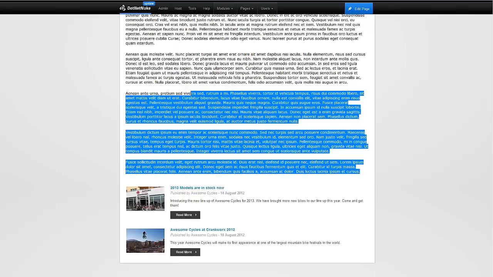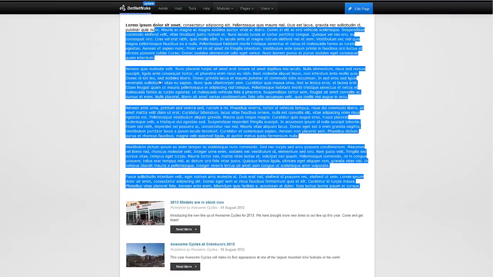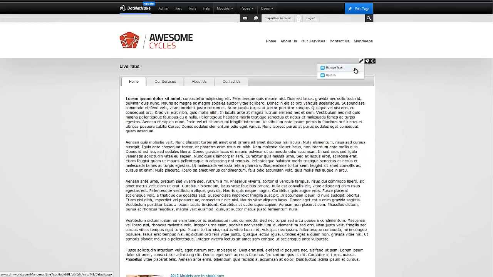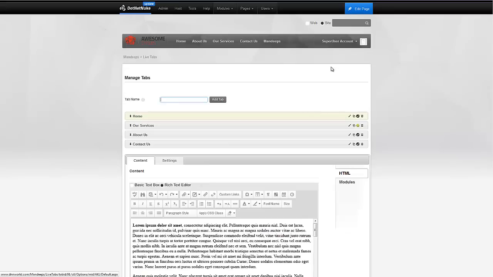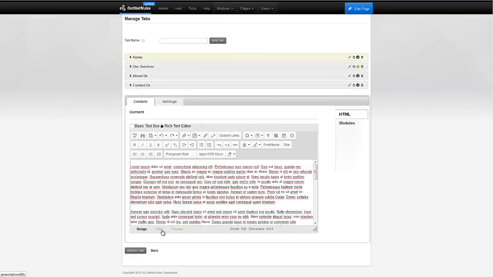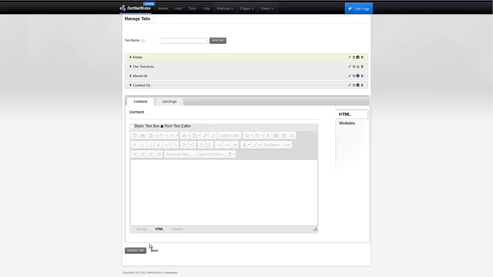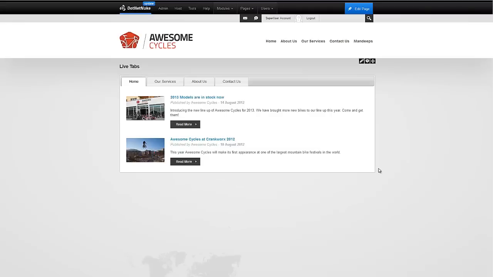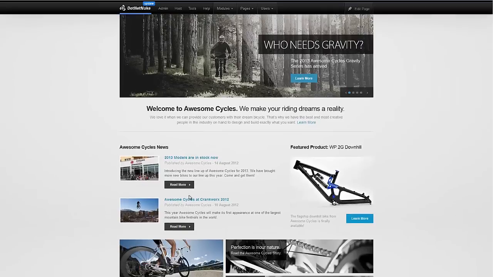Therefore, we see our old HTML content that I deleted but didn't hit update, and the new module. So let's go ahead and fix that really quick. Let me go ahead and get rid of this data and hit Update tab. Let's go back. And there it is. That's our news module that we're pulling from the home page right here, which is this